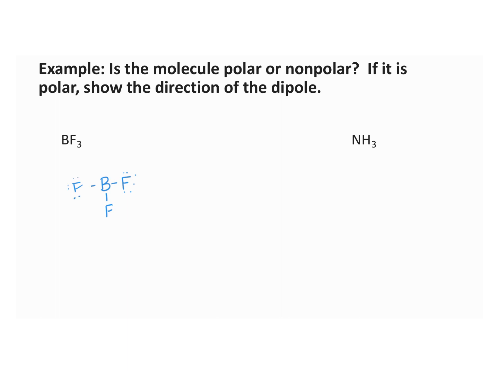And remember, Lewis structures are two-dimensional, and so sometimes we can draw them like this, and that's not a great representation when we're talking about dipoles. And so that's where we really need to remember that this has a structure that looks a little bit more like that, okay? And so when we look at this, after we draw the Lewis structure, we need to compare the electronegativities. We know fluorine is much more electronegative than boron. And so we are going to see the dipoles move